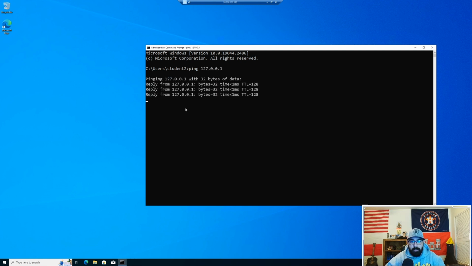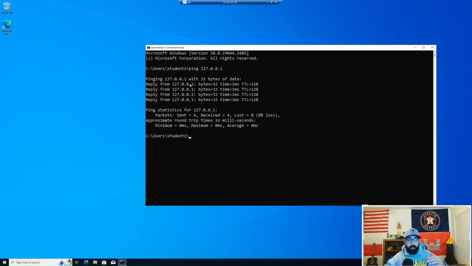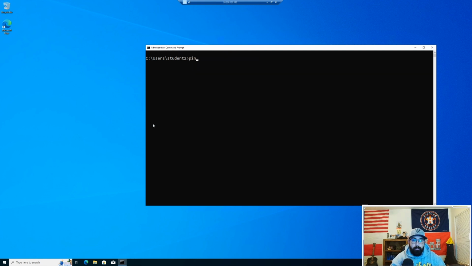Typically when you just do a regular ping to any IP address or URL, you will always send out just 4 packets, receive 4, and that's it, right? So 1, 2, 3, 4, and then here we go. Packets sent 4, received 4, lost 0. However, if you do ping -t, -t means that it will be a continuous ping until you as a user cut it off. Okay, so we're going to paste in